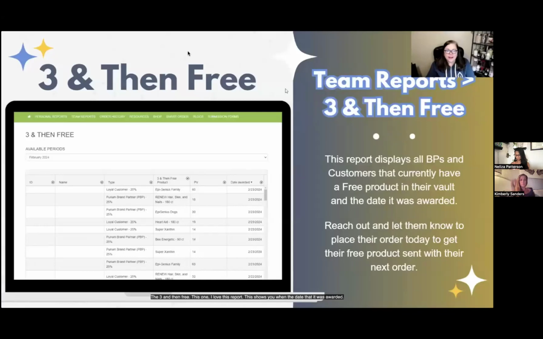The 3 and then free. This one, I love this report. This shows you the date that it was awarded. Again, this is under team reports, 3 and then free. You see everyone in your downline, the product that they've earned free, the PV. I want to remind you, when that product is put into their vault, and I say the vault, once they have 3 months of